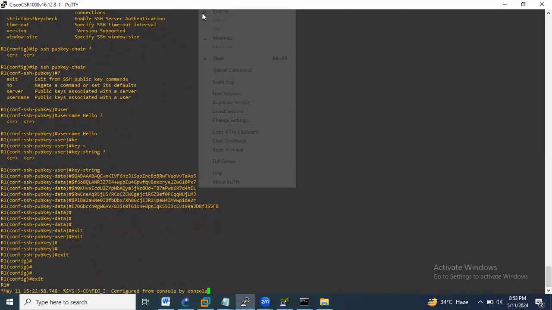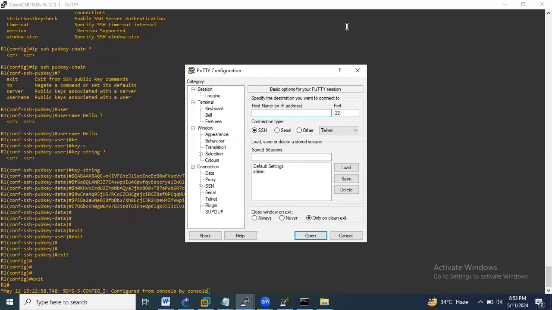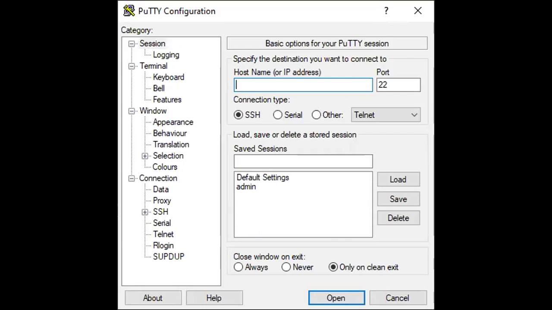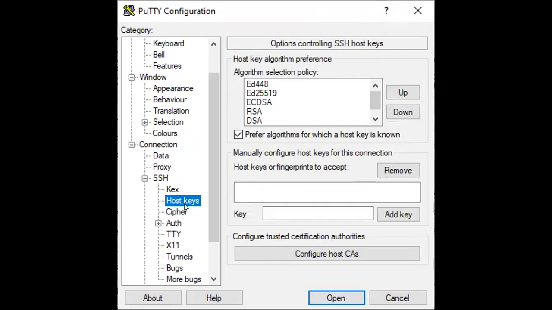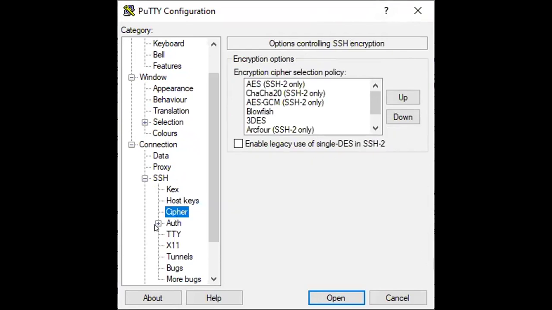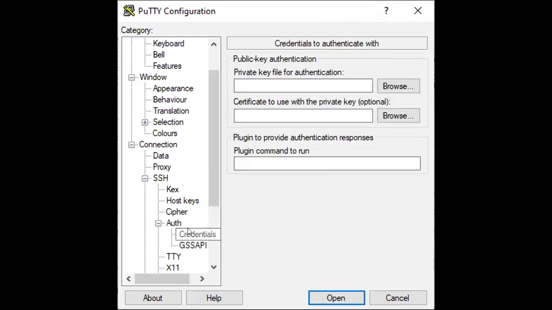Now I will use one PuTTY session. First, enter the IP address. Let me show IP interface brief. So I copied this IP address and go to PuTTY. Connection, go to SSH, then Auth, credentials.